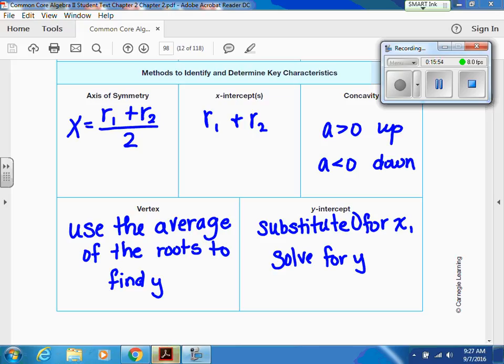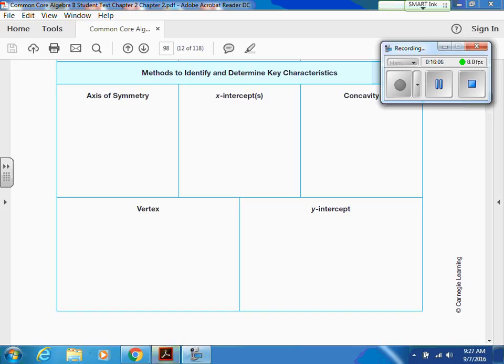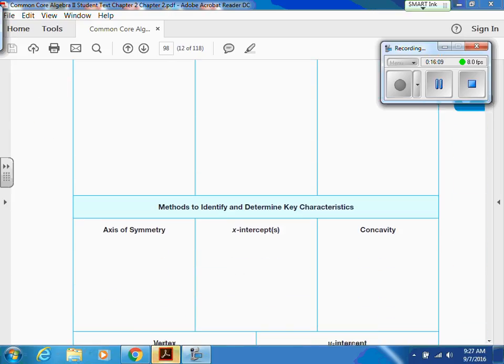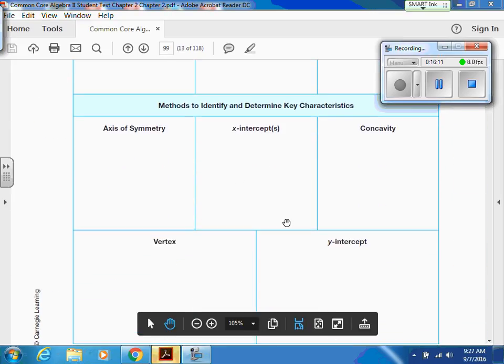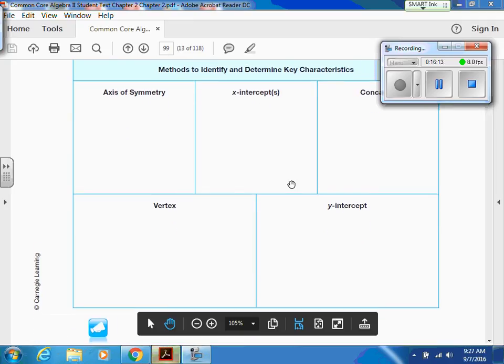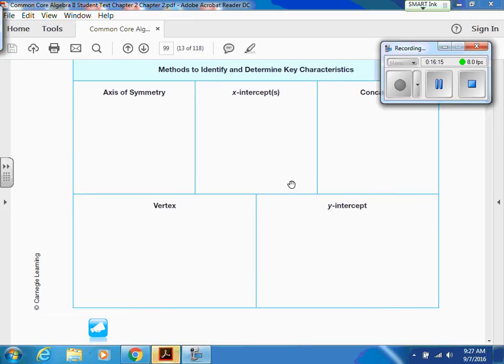Alright, so we have this chart filled out? Yep. Alright, let's go on to the next one. Go ahead and write in your functions at the top that are in vertex form. Write those in, and then we'll talk about